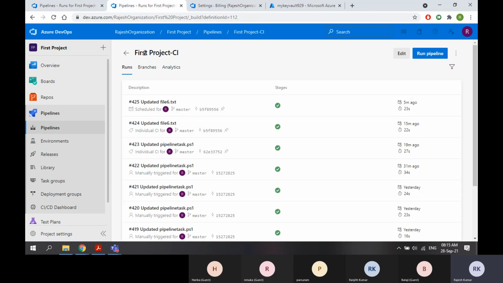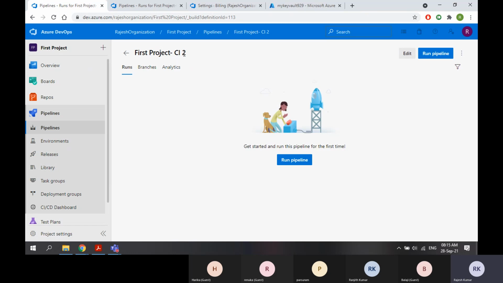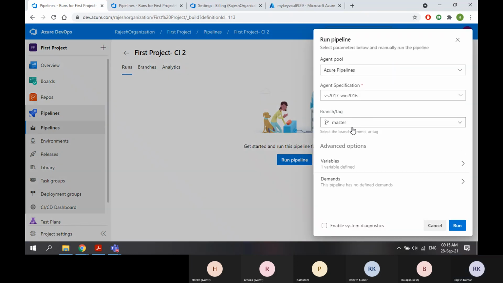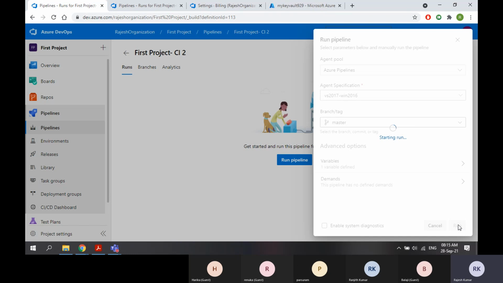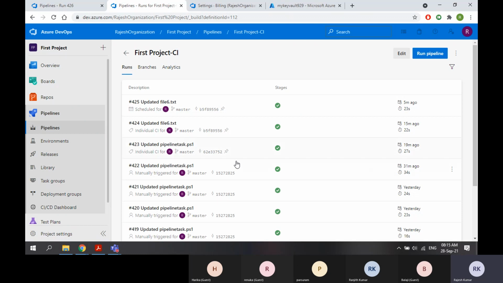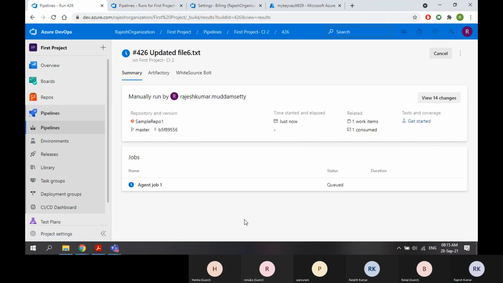Now, I am not touching this pipeline. I am into the second pipeline, CI2. So run pipeline, everything is common, run. So leave this pipeline, it will be completed anyway. Come here, just observe.